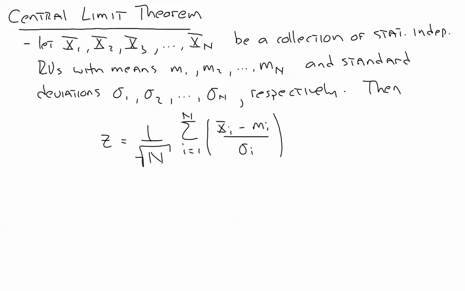This is a new random variable. When I add together my statistically independent random variables in this normalized fashion, what I'm first going to do is make them all zero mean by subtracting the mean value. And then I'm going to divide by the standard deviation, add them all together, divide by the square root of n. Turns out that this new composite random variable z approaches